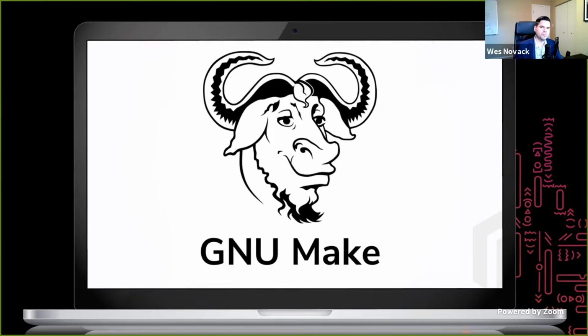Even though it was maybe designed to be used for software building and installation, we found that GNU Make was very useful for us to encapsulate the logic of our CI/CD pipelines so that we could minimally define any logic inside of our GitLab YAML file. We moved all of that logic over to this make file so that we could quickly invoke it using the make utility. It also allows us to run these CI/CD jobs and that logic that would normally run in our pipelines locally on our developer machines as well.